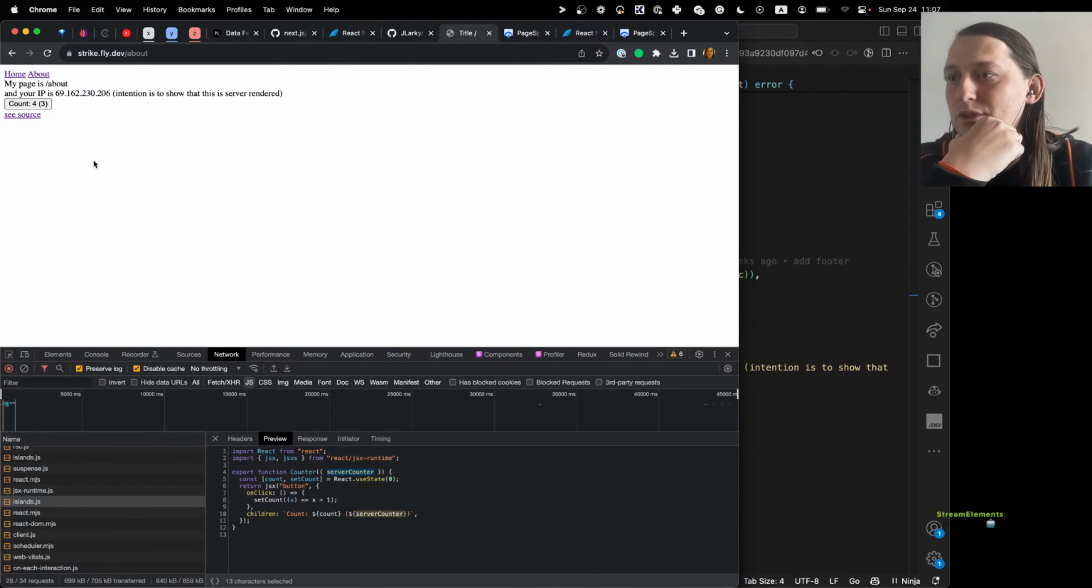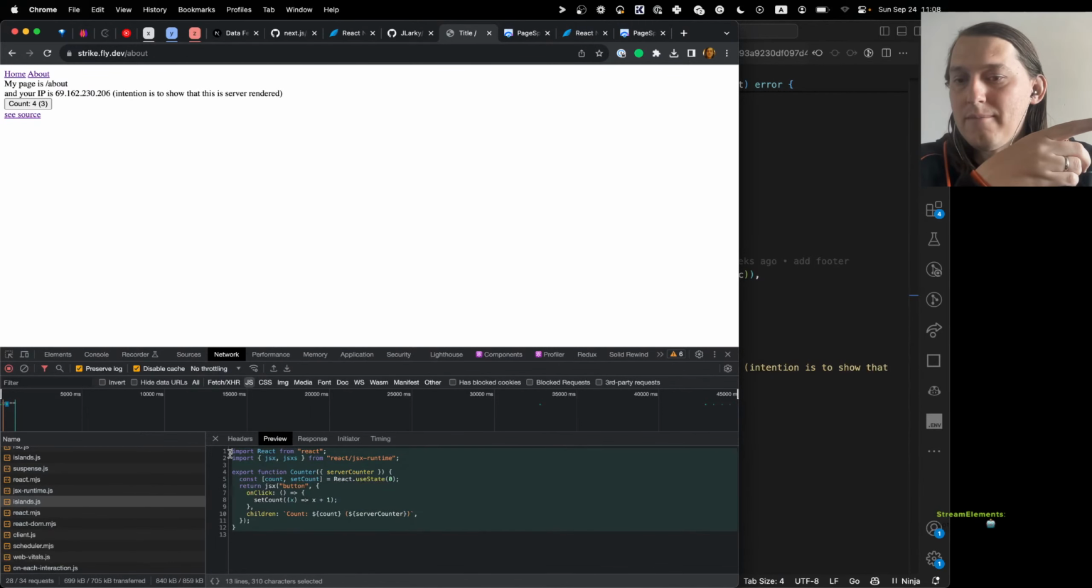So I do server rendering, and I don't do server-side rendering of those JavaScript files, but I allow you to just pass